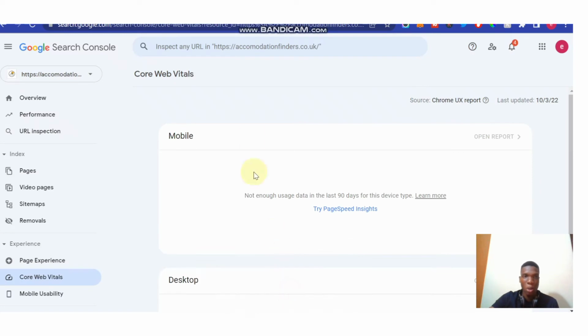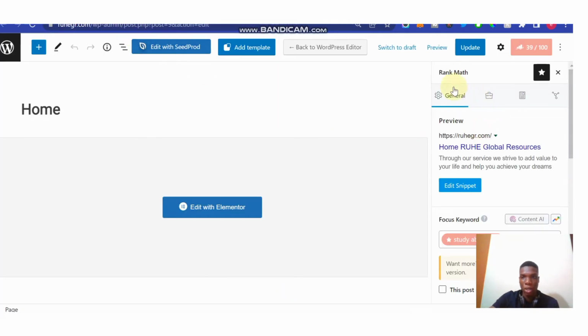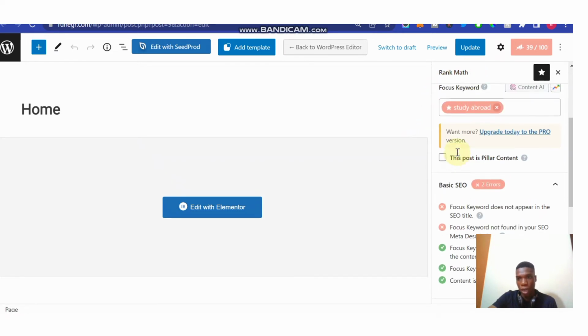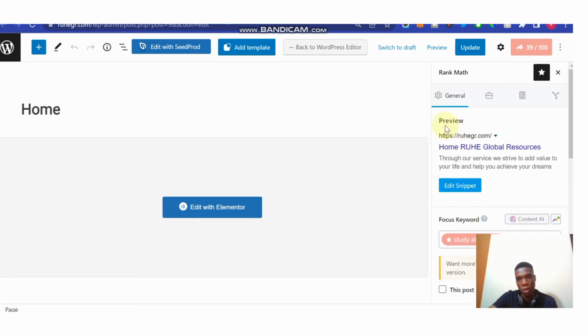When you are creating your website, you can use WordPress extensions or WordPress plugins like RankMath or Yoast. You can use these two. For me, I do like RankMath over Yoast because, number one, RankMath is cheaper and everything. But we're not here for plugins. We're here to show you how you can